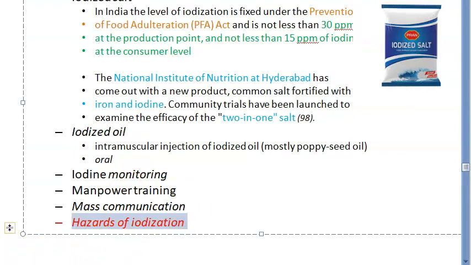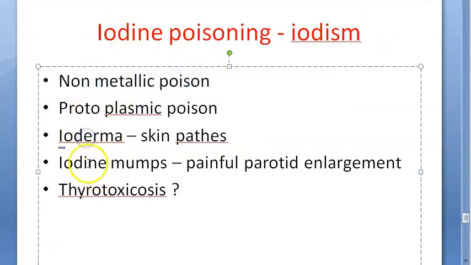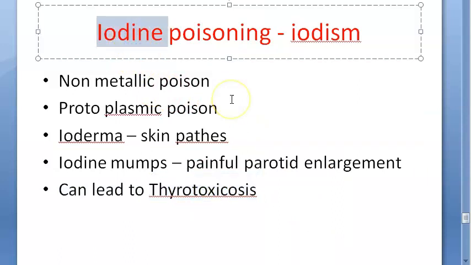Hazards of iodization means what? See, it is called iodism, iodine poisoning. It's a non-metallic poison and it will cause some skin problems and parotid enlargement, and it can cause thyrotoxicosis. Thyrotoxicosis means what? More thyroid hormone, right? But this iodine, remember, it has some dual effect. If you give iodine, then there will be